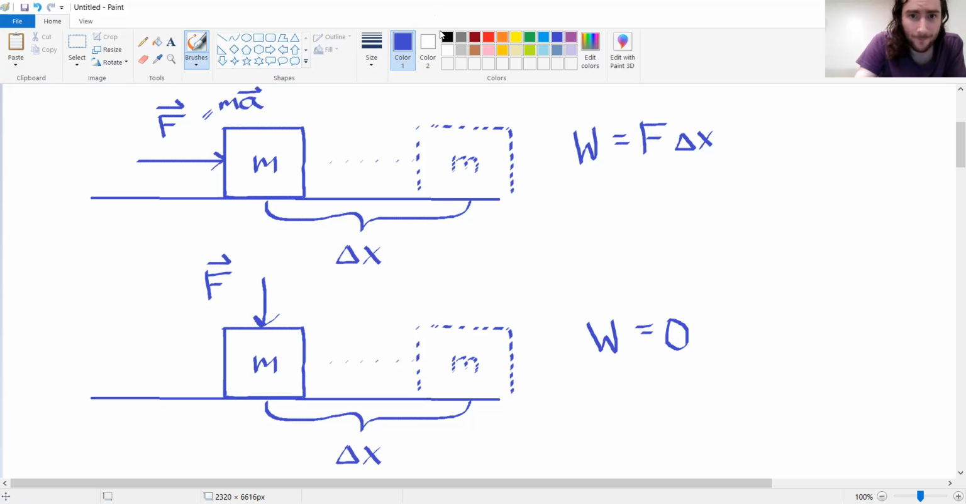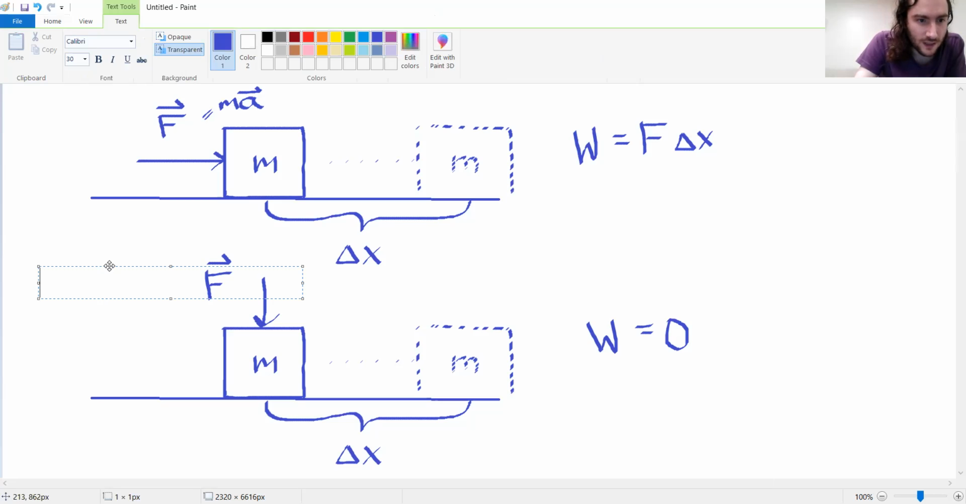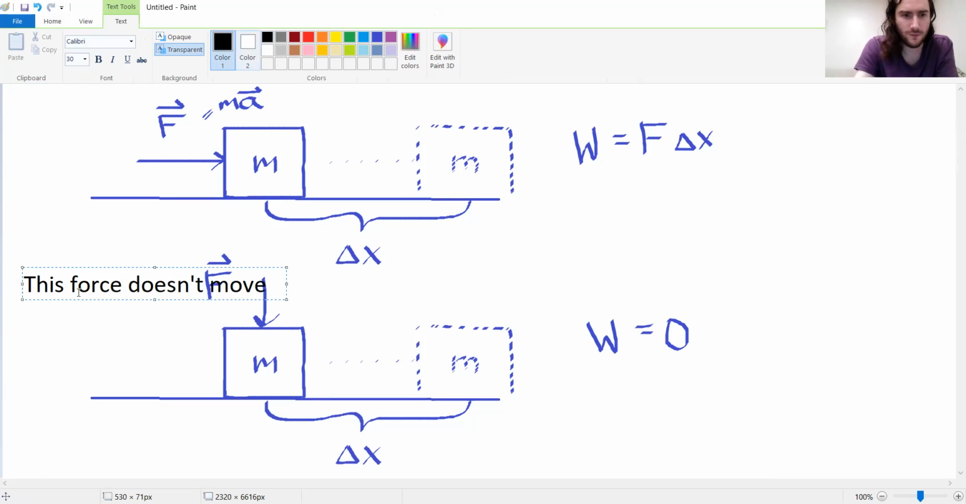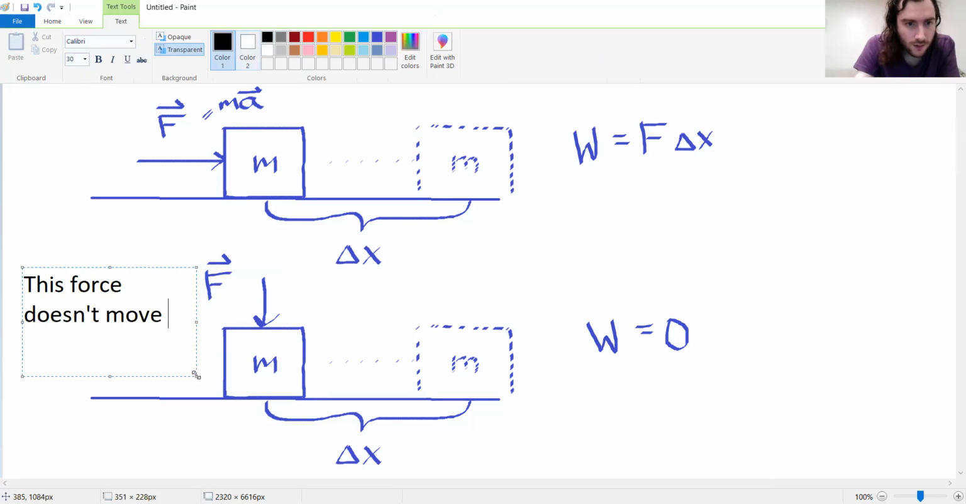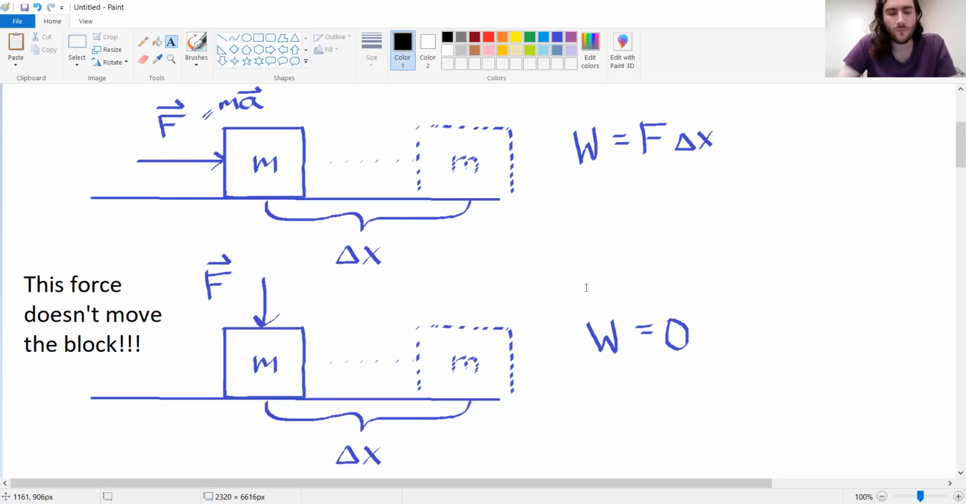So let's go ahead and make a little note here for ourselves on the side. Go ahead and type a note. So this force doesn't move the block. And so the point is,